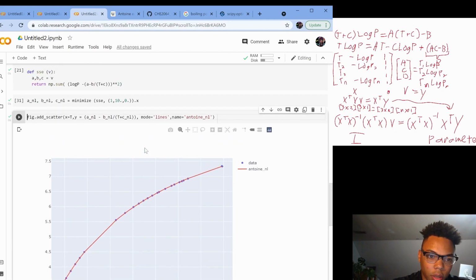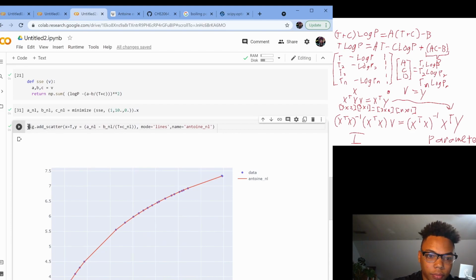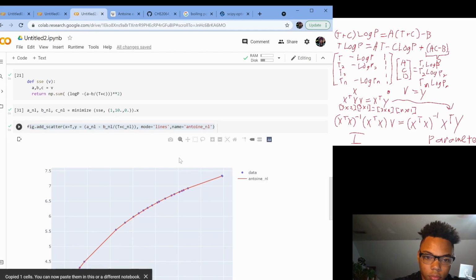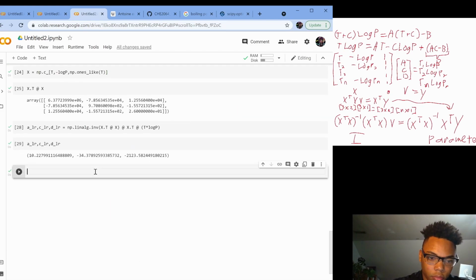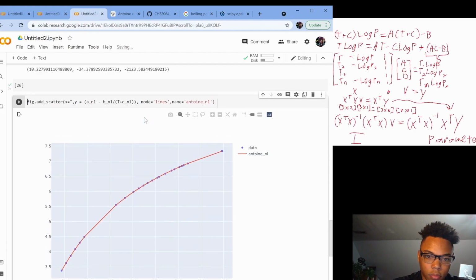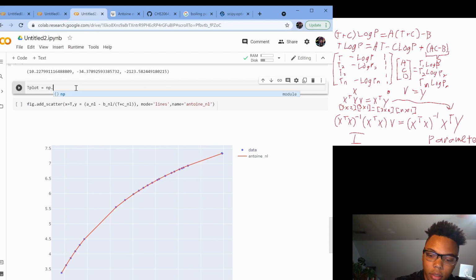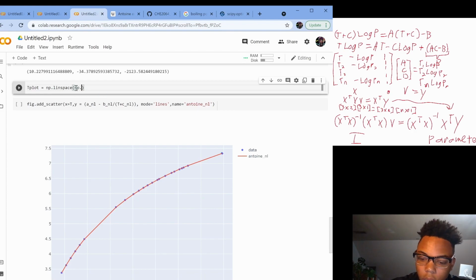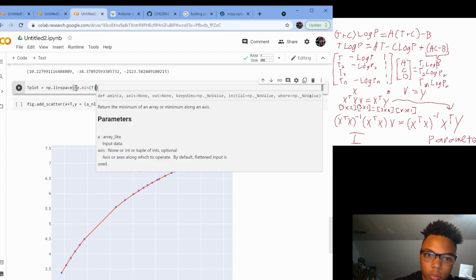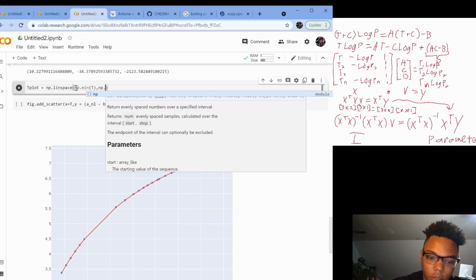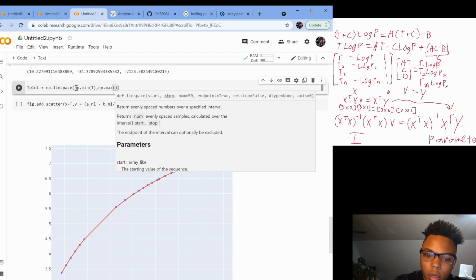And we're going to come down here and we're going to make a whole new plot with everything inside of it. Except this time, we're going to have t plot equals np dot linspace, np dot min t, comma np dot max t,